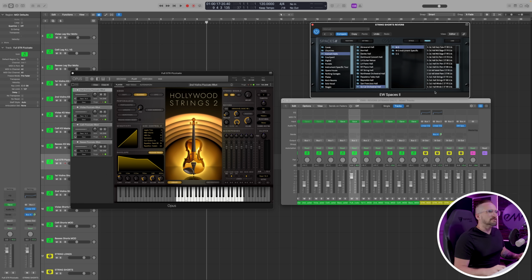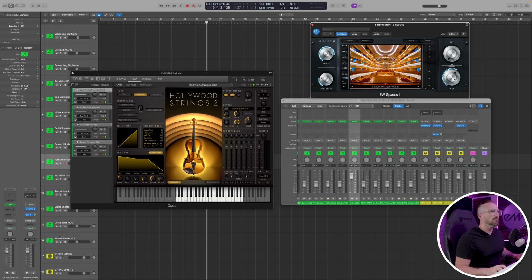And I typically will use the Southern California Hall for most of my orchestral instrument sections, and I'll use the instrument-specific impulse responses, and you just get these subtle variations that really give you an amazing sense of depth in the mix. So let's go ahead and load up the Southern California Hall strings, and we're going to do the rear room. And let's set the pre-delay right around 20 milliseconds. So let's hear what this sounds like at the current send level. That sounds pretty good. Let's actually just bump it up by maybe half a dB.